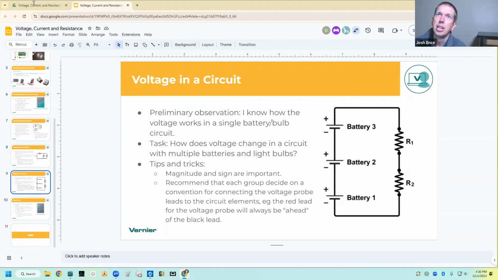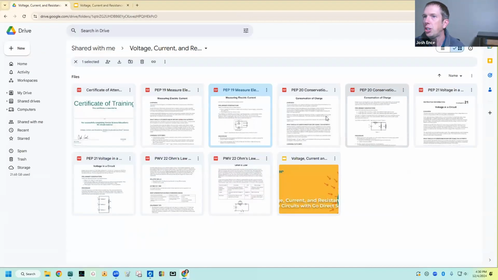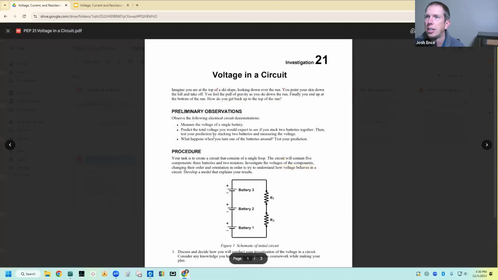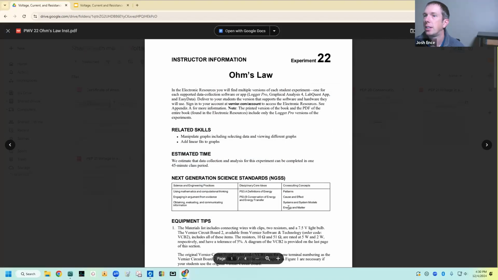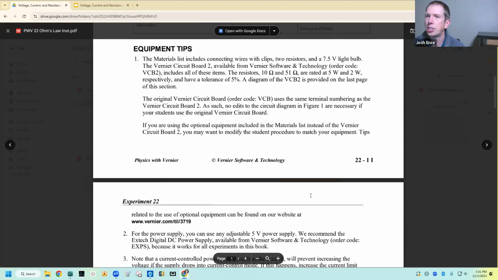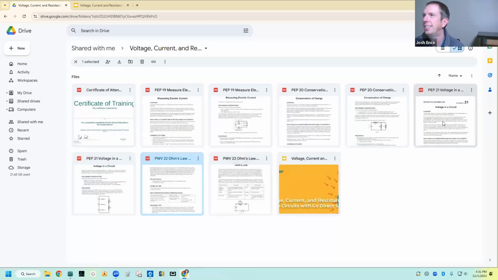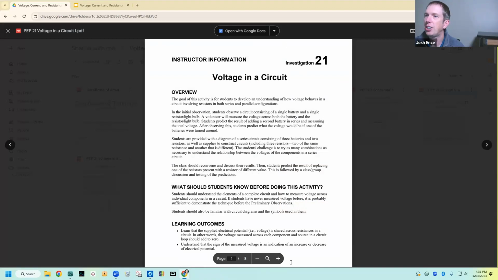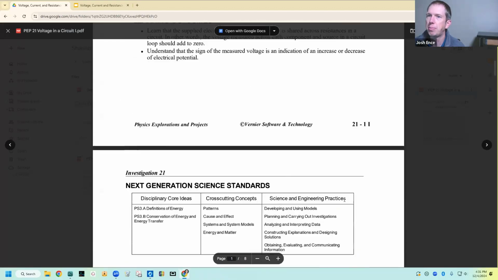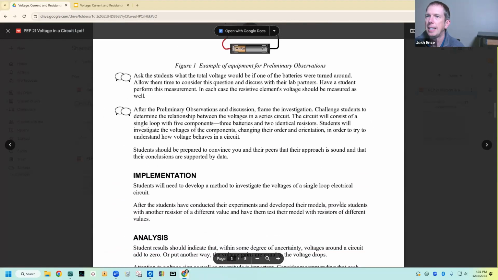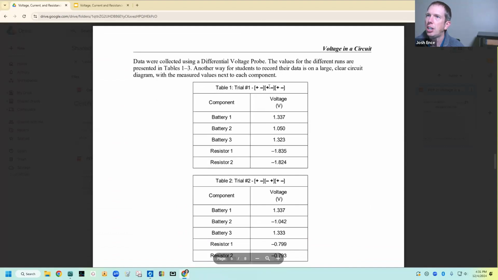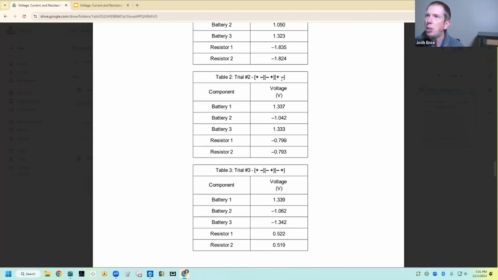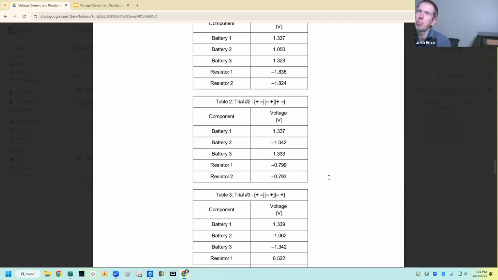But then students are challenged to try different combinations. Let me show you what that might look like. Here we are challenged to try different configurations of the batteries. What happens if I flip that positive and that negative? This is what they start with, but then they might try different combinations. Here, that's all positives. Here the middle one is flip-flopped. Here, the last 2 are flip-flopped. And again, they're measuring voltage around.